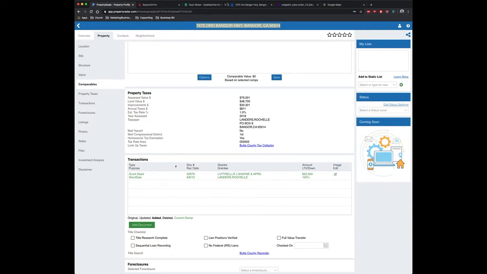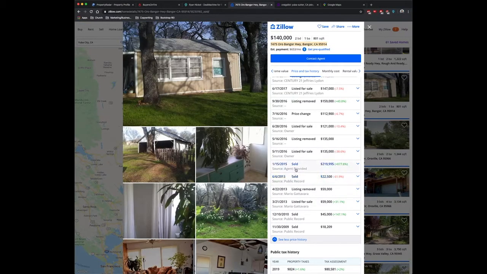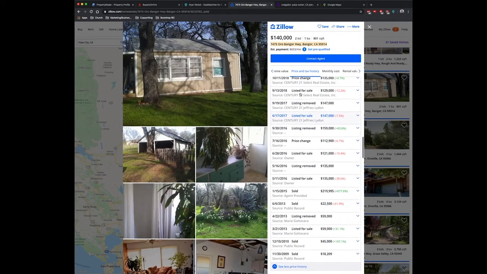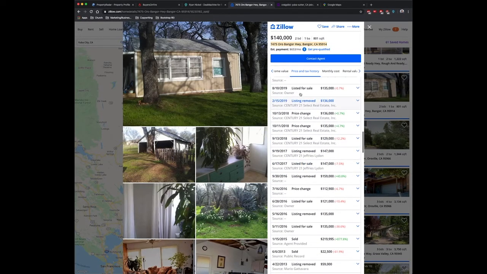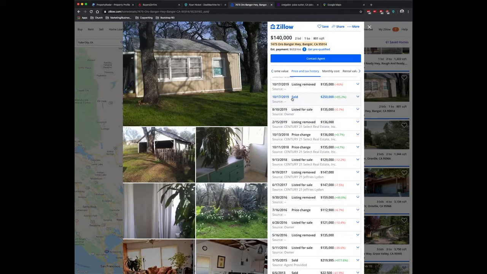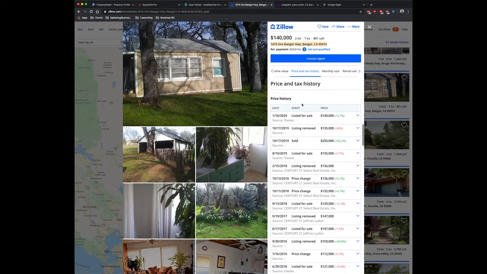Because we have here all these different things. It was sold by an agent in 2015. Listed for sale by owner. Century 21 listed for sale. Listed for sale, listed for sale, listed for sale, listing removed, listed for sale. Sold again, 2019. Listing sold. And then listed for sale for 140. What makes sense if 2 months prior you sell it, you buy it for 250? I think this is an inheritance price. But anyway,